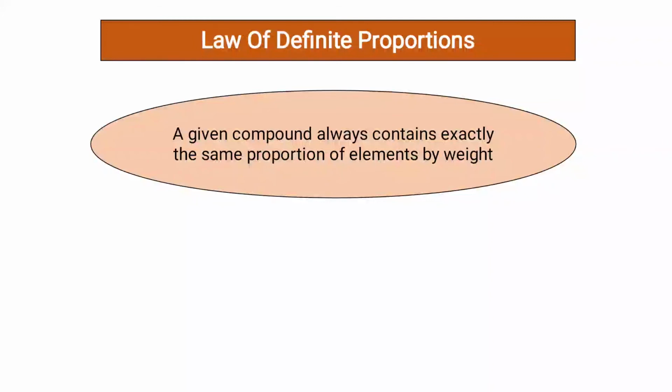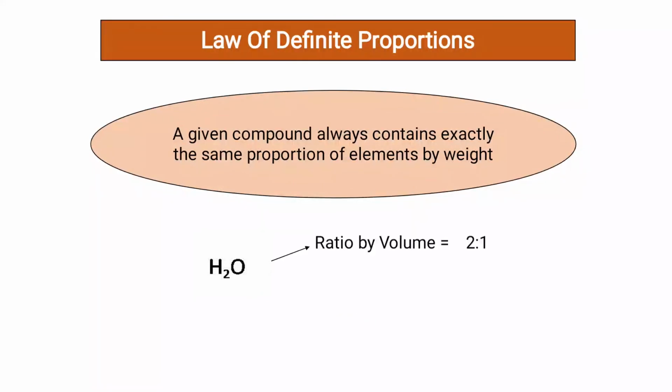For example, let us consider water. There are various or multiple sources of water. We get water from river, lake, well, pond. We can also collect rainwater. There are various sources of water. So whatever the source of this water may be, the elements of water, that is hydrogen and oxygen, will always combine in a fixed ratio by weight as well as by volume. No matter whatever the source of the compound, the ratio by weight and volume is fixed. So now let us see what is the ratio of water by volume.